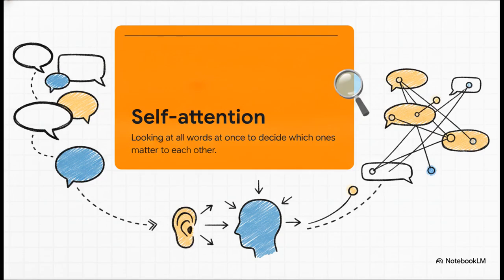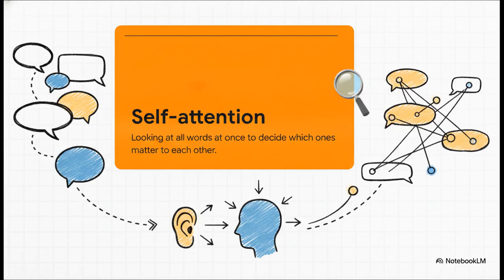Imagine you're at a super crowded cocktail party. There are dozens of conversations happening all around you. Now, you aren't processing the room as a strict sequence of isolated sounds, one right after another, right? If someone 3 meters away suddenly says your name, boom, your attention shifts instantly. Your brain is processing that room as a web of relationships, basically attending to the whole scene at once.